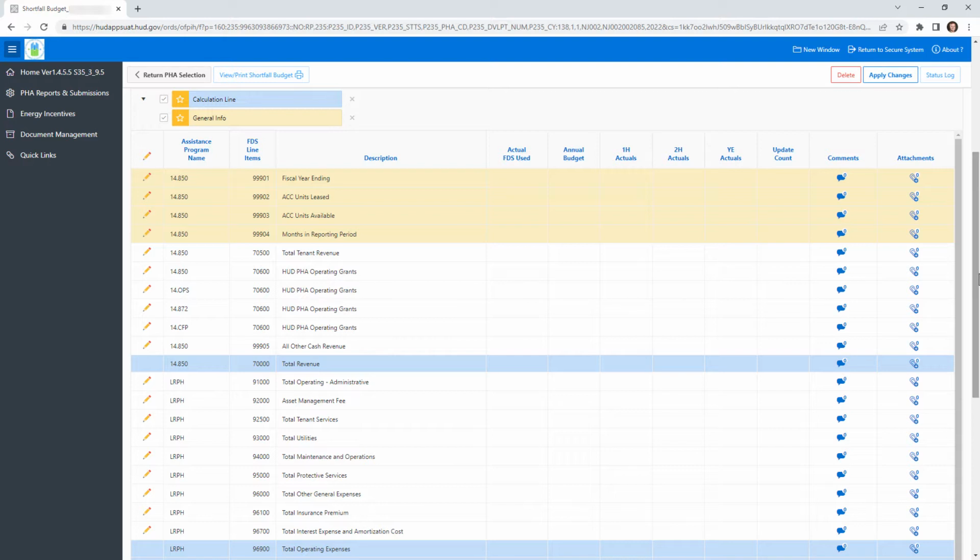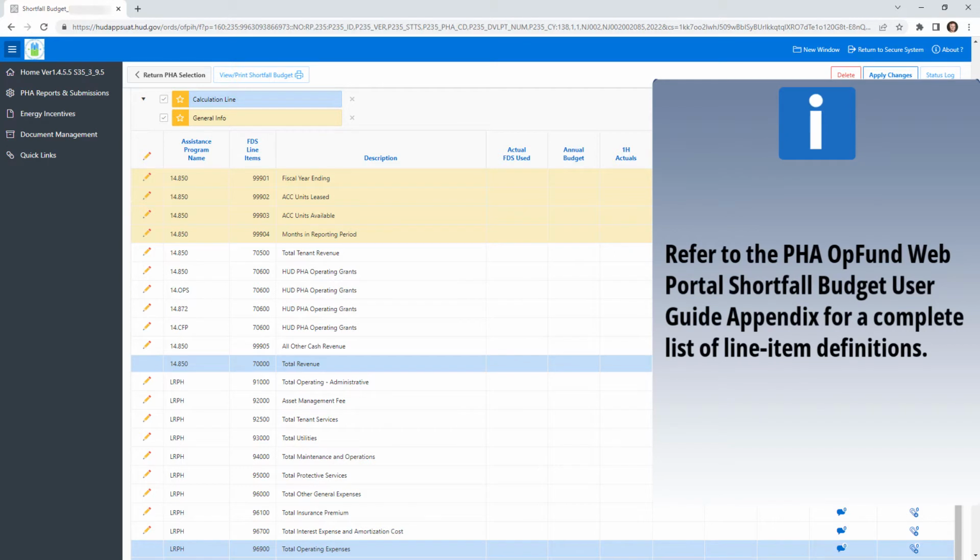Line items highlighted in yellow designate data your PHA must update. These required line items include fiscal year ending, ACC units leased, ACC units available, and months in reporting period. Each line item is a control line item that has a specific definition. Your PHA can complete the non-highlighted line items as necessary. Please refer to the PHA OpFund web portal Shortfall Budget User Guide Appendix for a complete list of line item